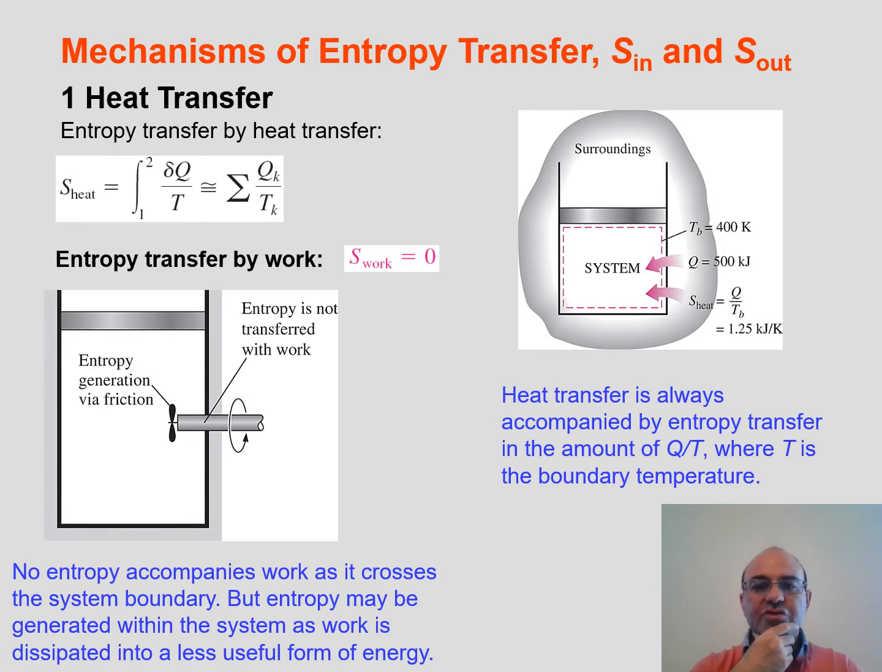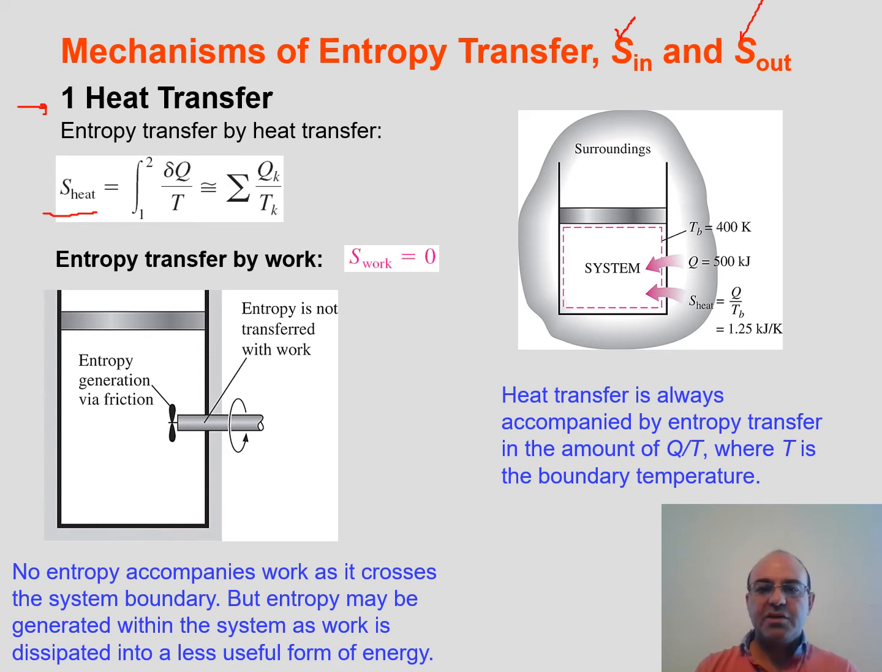All right, so we said that entropy in minus entropy out plus entropy generation is equal to the change of the entropy of the system. Now the question is, what are the mechanisms of entropy in and entropy out? So there are multiple mechanisms. One obvious one is by heat transfer, because by definition entropy difference between process 1 to 2 is equal to the integral of delta Q over T for an internally reversible process. So entropy transferred as a result of heat transfer is equal to the integral of delta Q over T between state 1